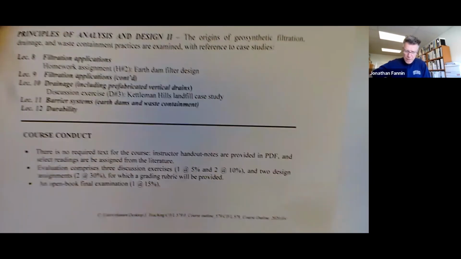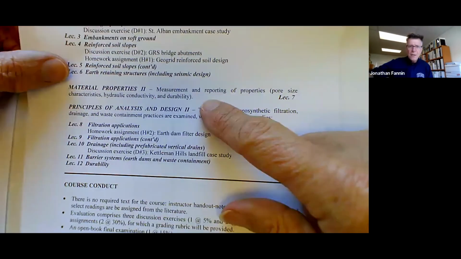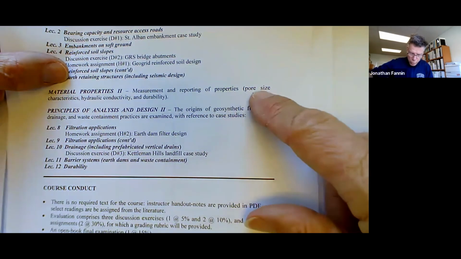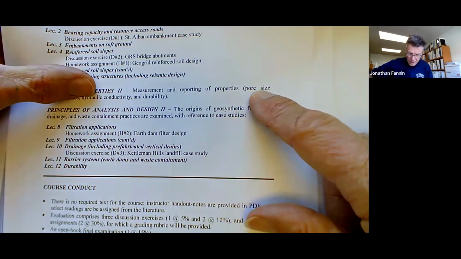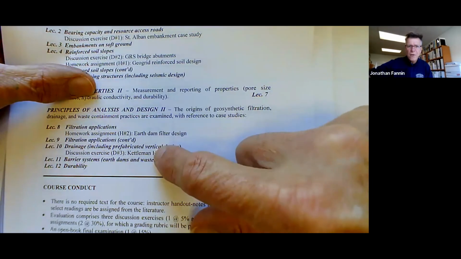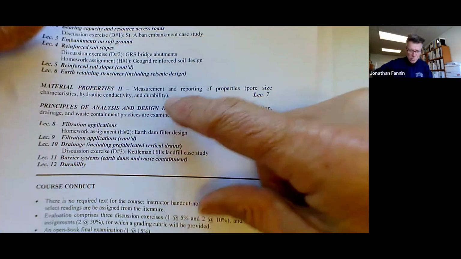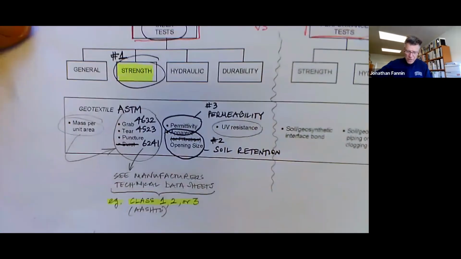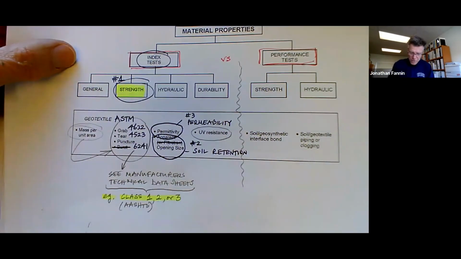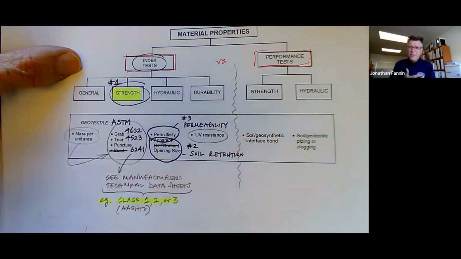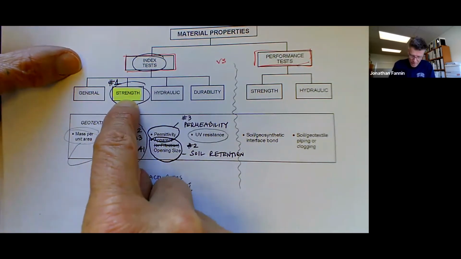In this material on properties for filter and drainage, we want to be looking at pore size characteristics, hydraulic conductivity relations, and to some extent durability. It's going to be more for the waste containment facilities. If I provide myself a little bit of a framework, there are three criteria by which we will select a geotextile filter. One is it's got to be strong enough, primarily to survive construction, to tell you the truth.